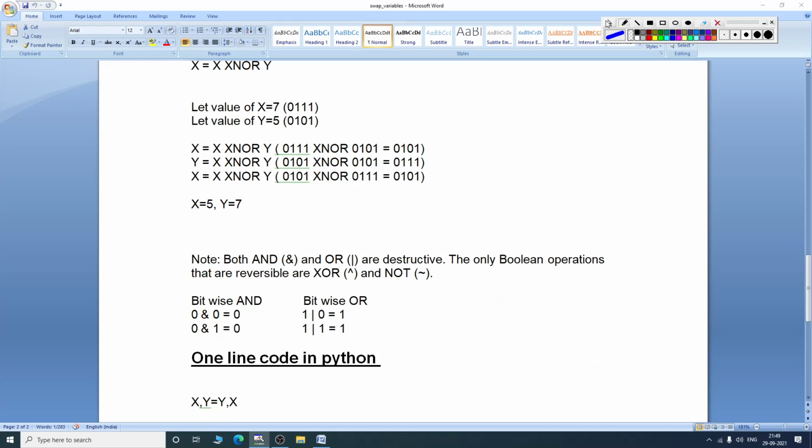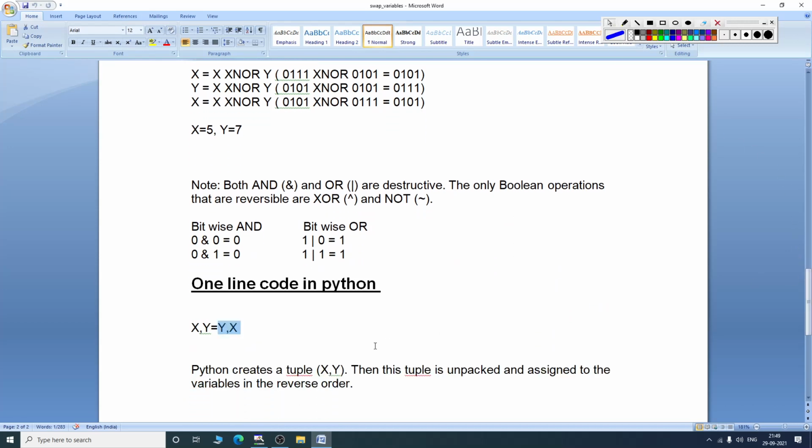Why is Python able to do this? If you have studied Python, then Python has a data structure called a tuple. It creates a tuple (x, y), packs it, and then unpacks this tuple and assigns the values in reverse order.